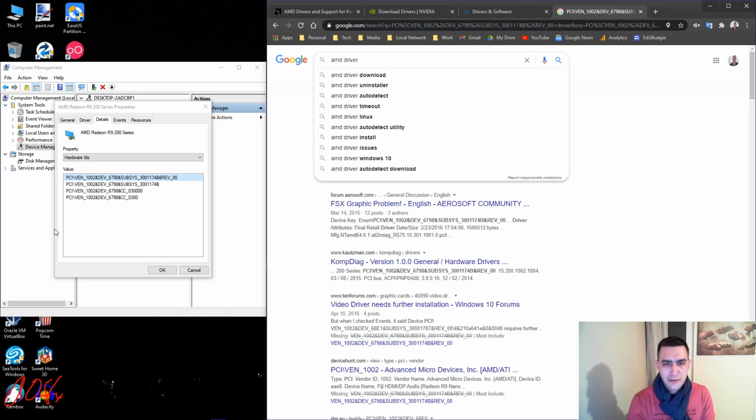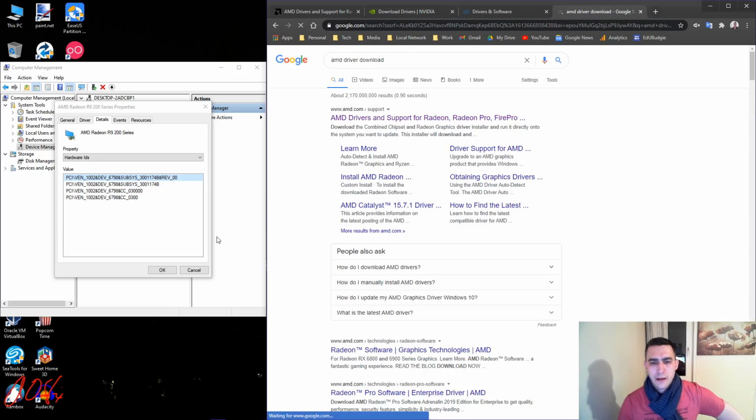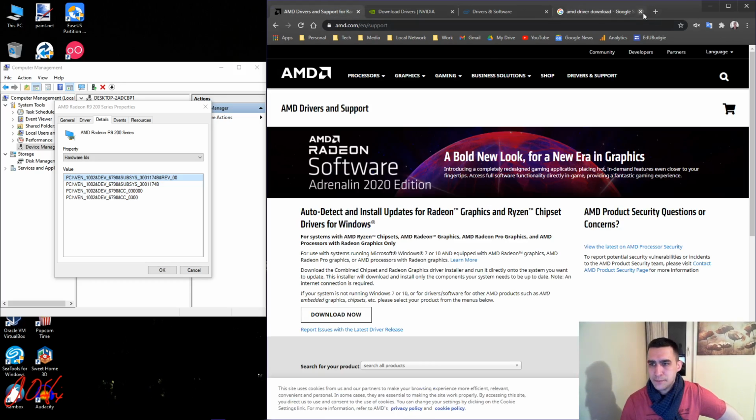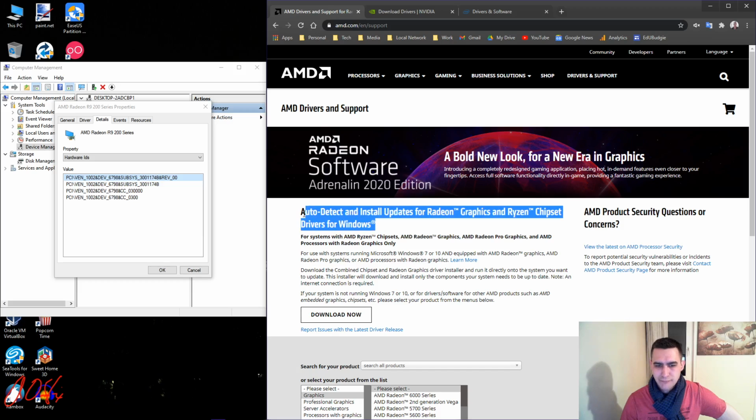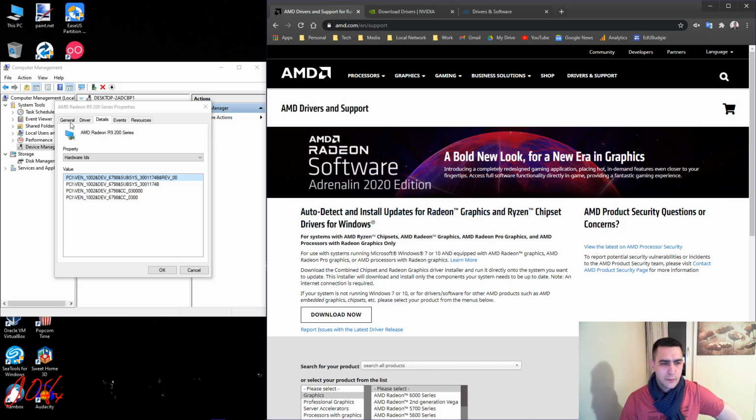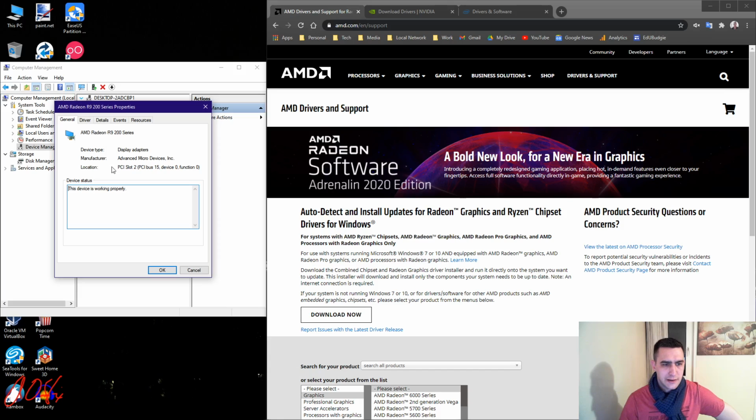or AMD driver download, and you'll see the first thing that comes up will be this page. This is if it's AMD. You can do this auto detect and install. I don't personally like to, because then you have to download other stuff. The other way to do it, once you know what it is, like I know it's an R9 200 series,